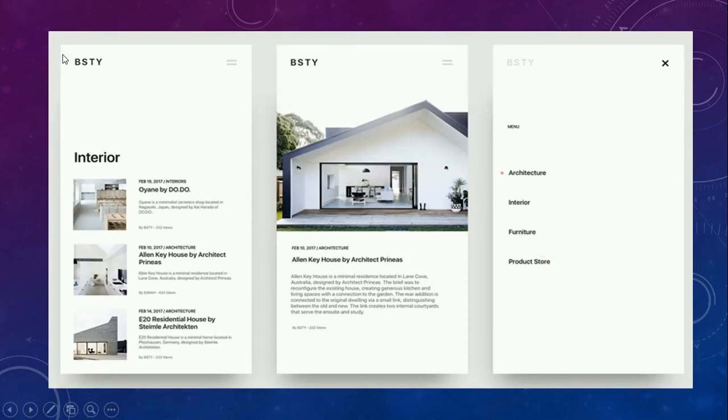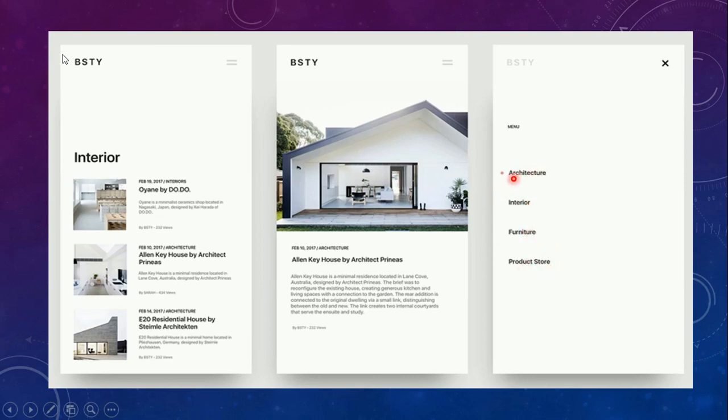Here is an example of a menu. Say one person had created a blog which shows the architecture of buildings. This is an example. Here he has created his own menu list. In the menu he had added architecture, interior, furniture, product store.